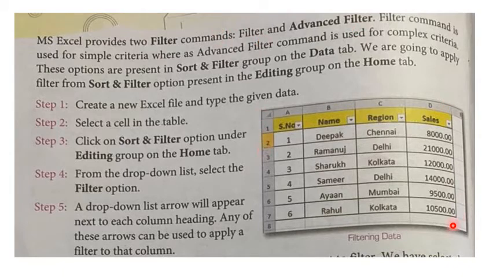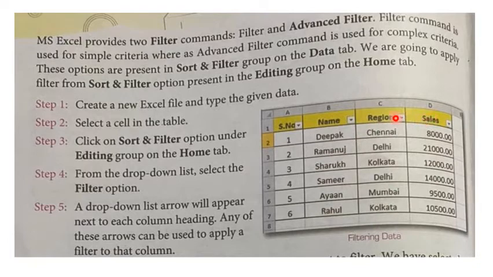Now students, see this table. In this table we have four columns: serial number, names, reason and sales. Now, how to apply filter? First, select your data, then click on Data tab and Filter option. You will find this small drop down arrow next to each column heading. Serial number is the column heading. Here you find a small drop down arrow. This is called filter. Now filter is applied to each column.